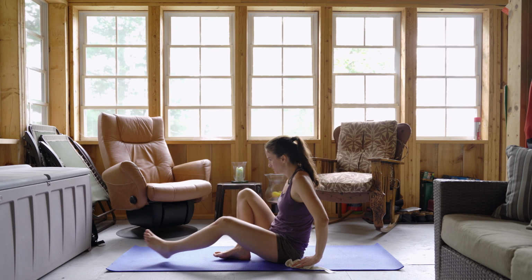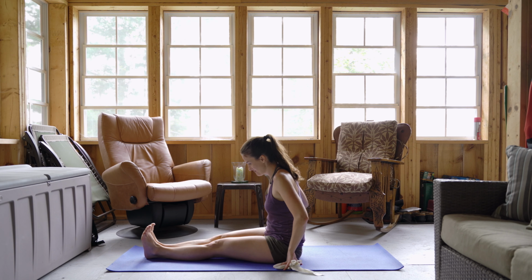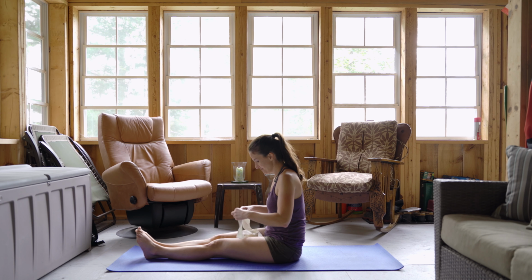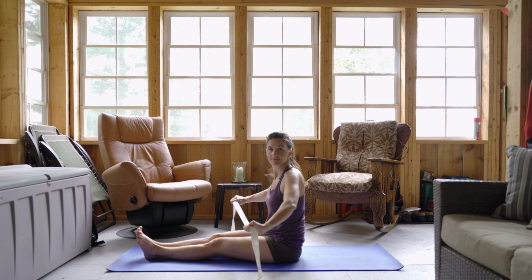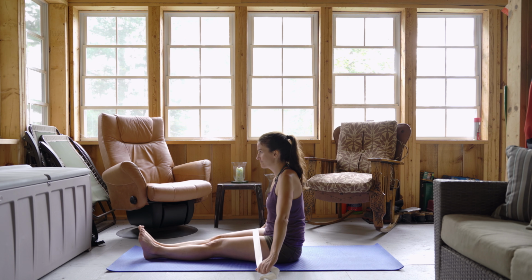end of your mat. Coming into staff pose, straighten your legs out in front of you, engaging your quads, toes pointed towards the ceiling, pressing out through the heels. Back is straight. With a wide grip on the strap, arms in front with the strap resting on your thighs,